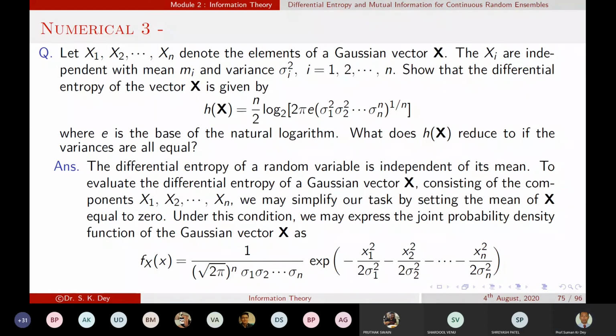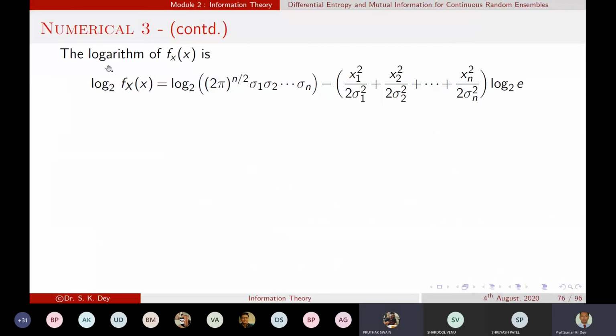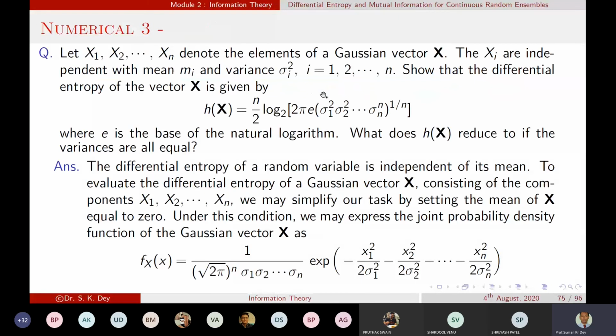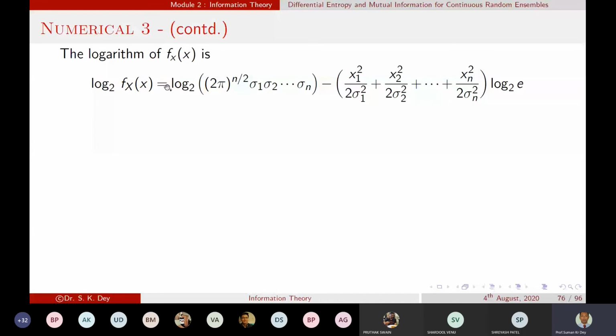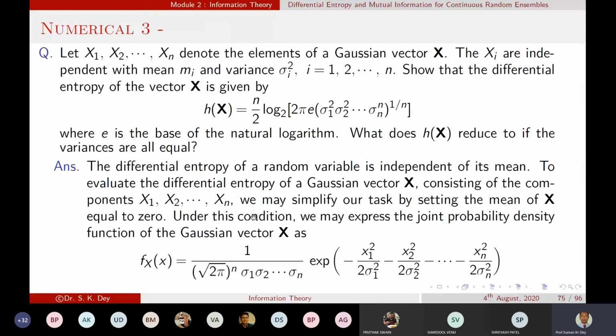Sir, in the first term, I think there will be a minus. Yes, the minus is missing over there. I was looking for that. There should be a minus because 1 by x is there, so it will be minus log 2 base x. And this term will be a plus, but since there is a minus in this expression, there will be a minus. I will put that. Somehow I missed it. So this term is all the variance terms into log 2 base e.